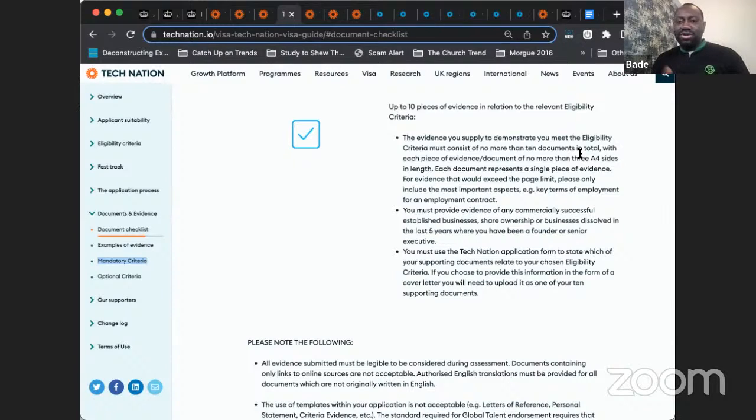Speaking about documentary evidence, have as many as possible. When you're applying as well, apply with the endorsement review process in mind. And why I say so is that when it comes to the endorsement review process, I didn't get to that on the other tab, but what you need to know if you are learning about this visa for the first